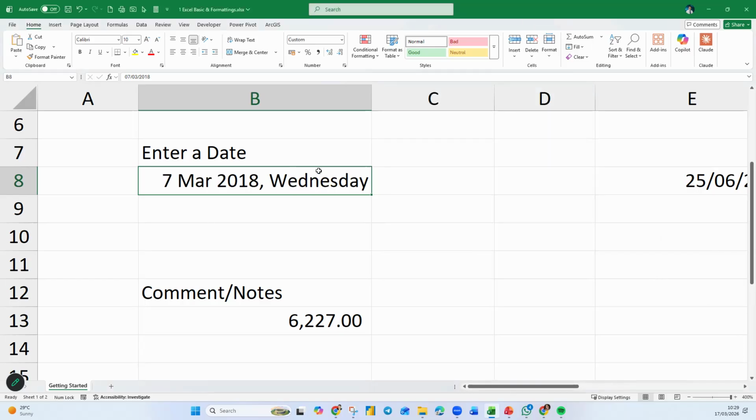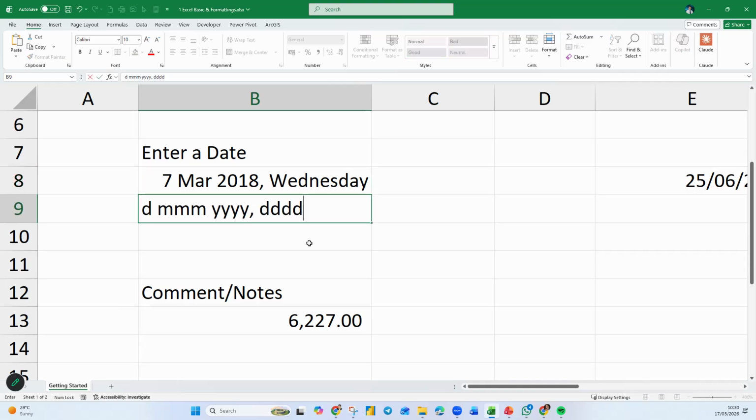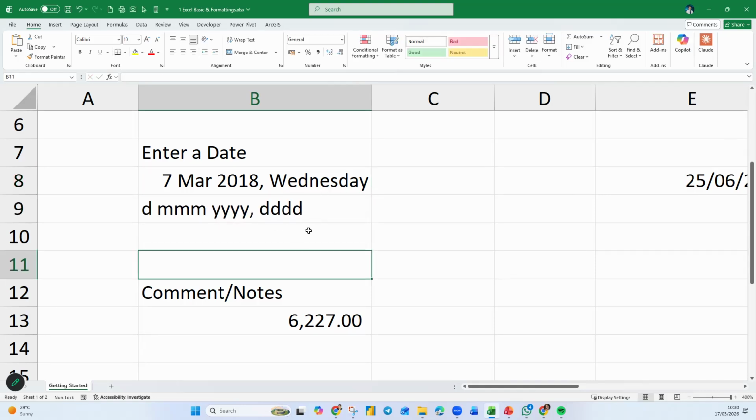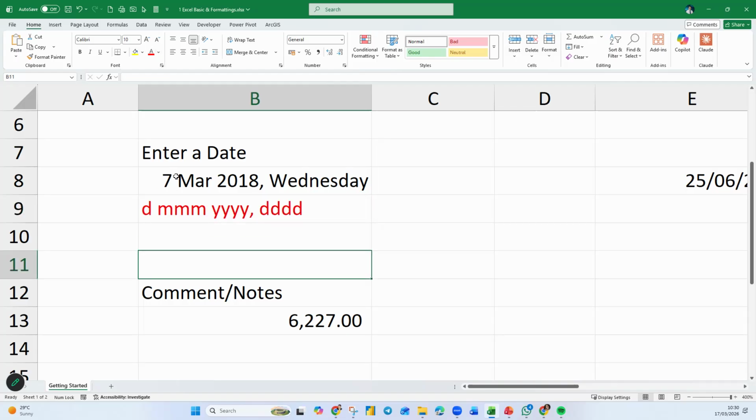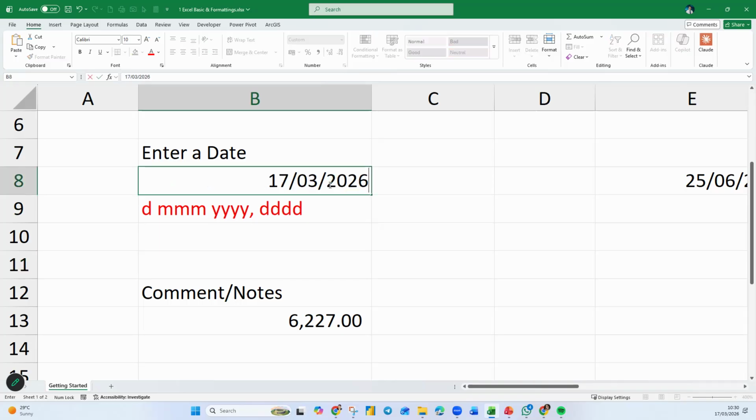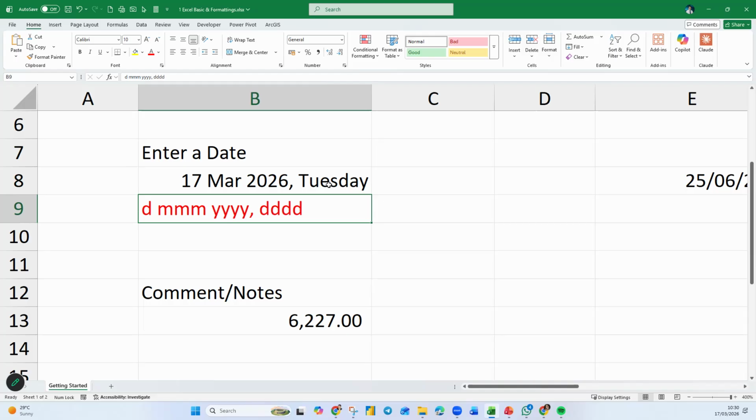So that's the format I'm using: D as in one character, 3M as in short name, Y, then comma, D. If I put it back to today's date, 17th of March 2026, that's Tuesday. Today is a Tuesday. You know how to do that?